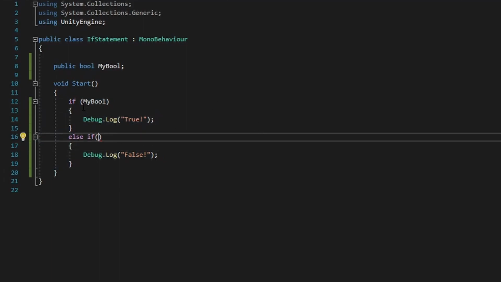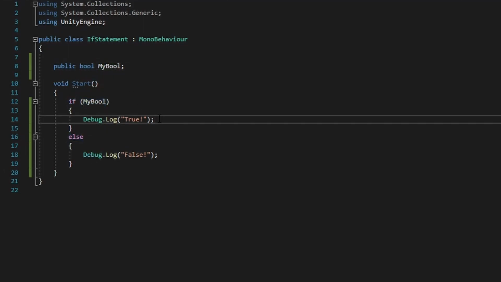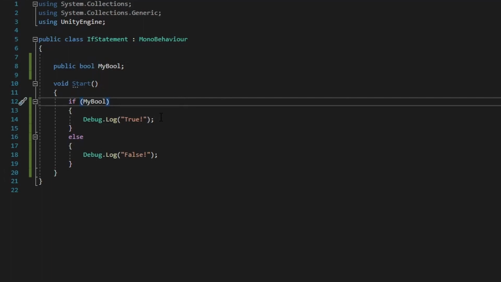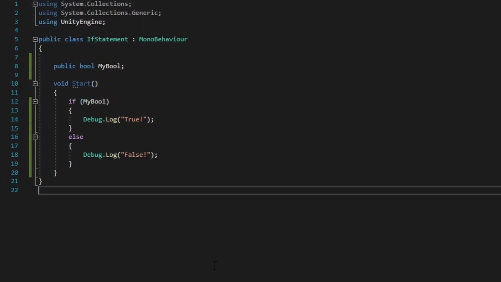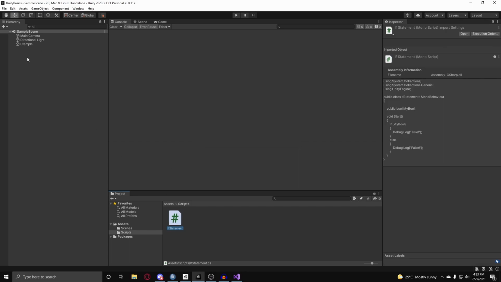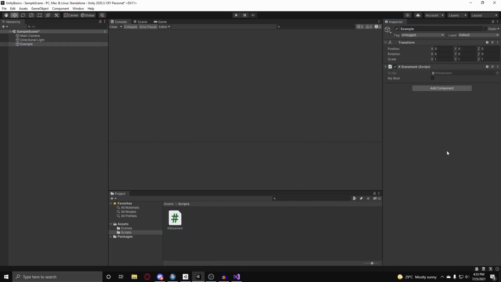So if my bool is equal to true, then we can just do else if my bool is equal to false, or just put an exclamation point behind. Well, we don't really need to put this in since our my bool variable can really only be true or false. So if I go back into Unity and I attach the if statement class to my example game object